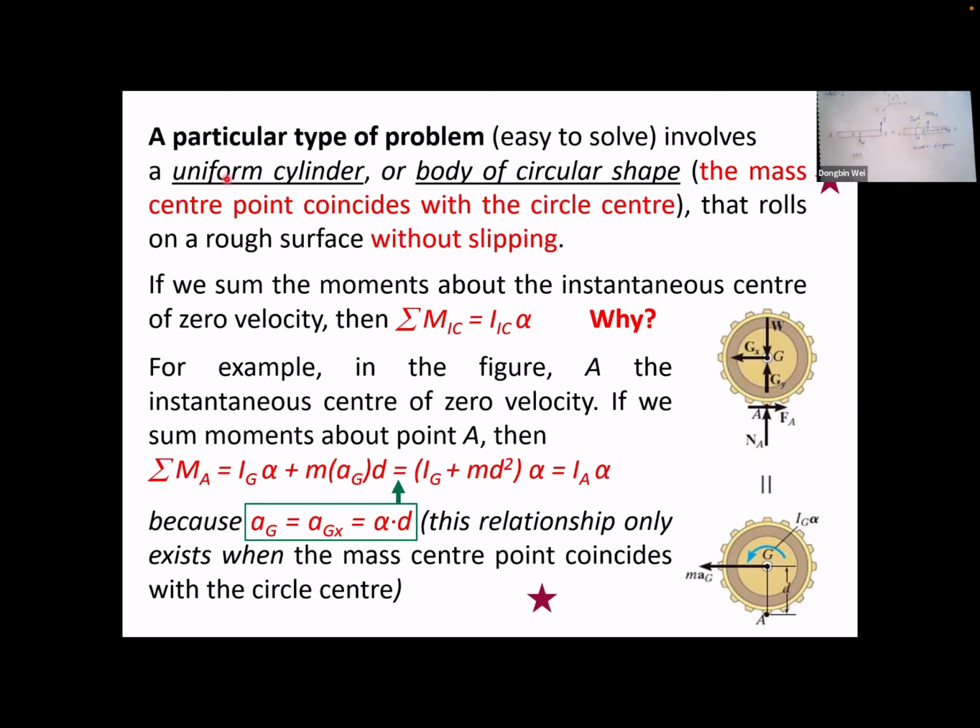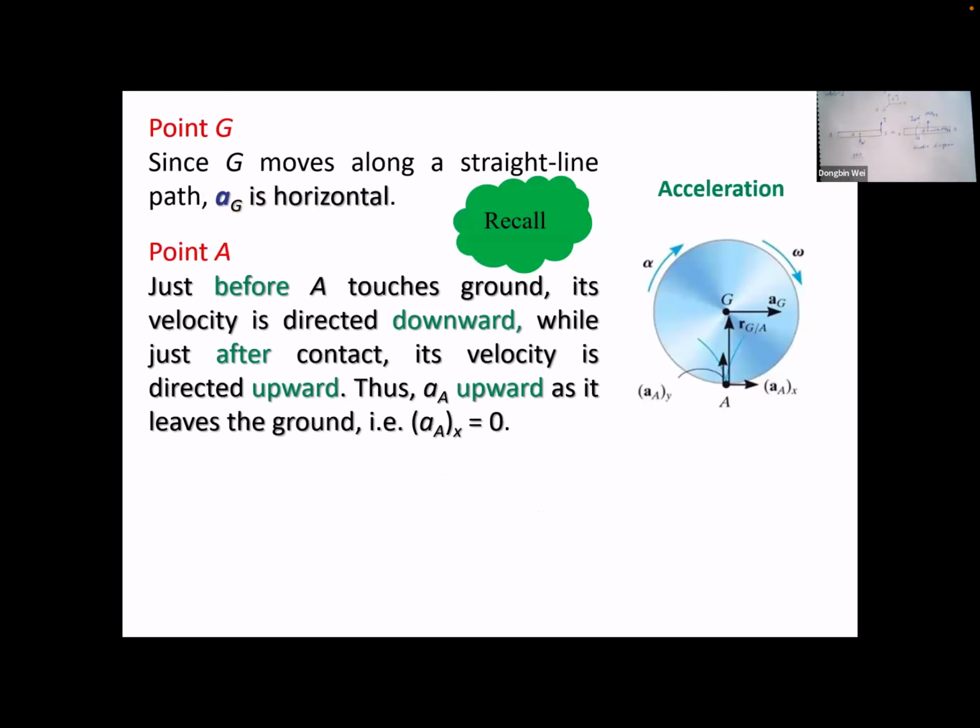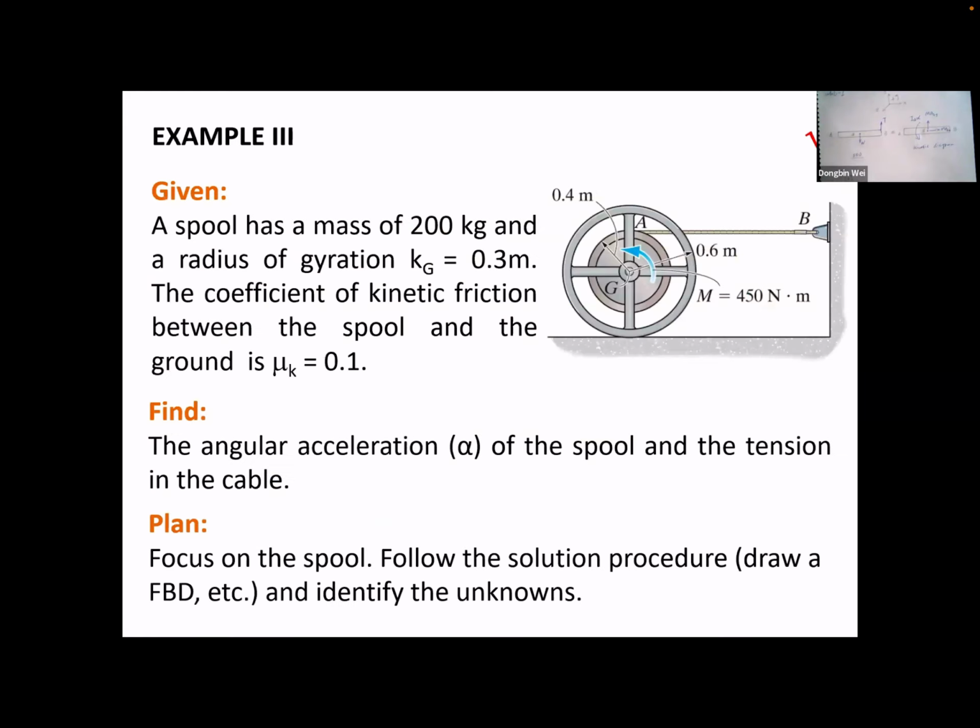And in this particular type of problem here, because we have a fixed point, and this is also a rolling without slipping problem, for example here is point A, the solution will be similar to the solution we used last week for rotation about a fixed axis problems. Now, let's have a look at how to